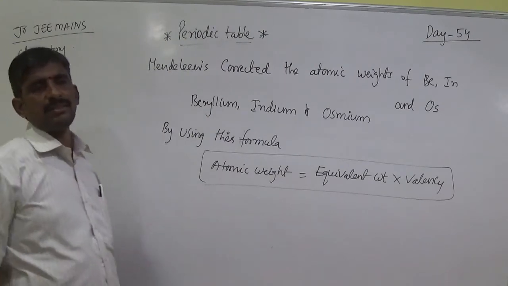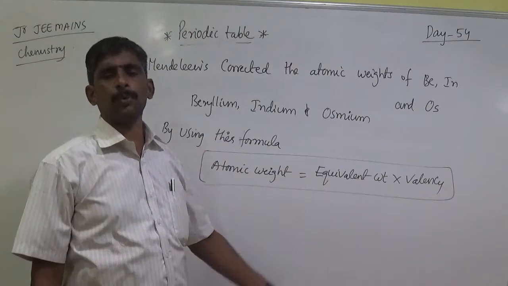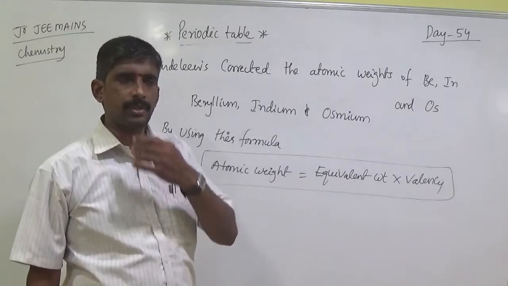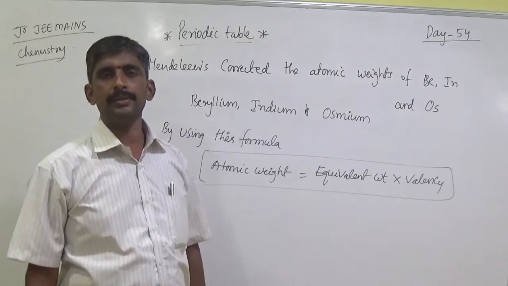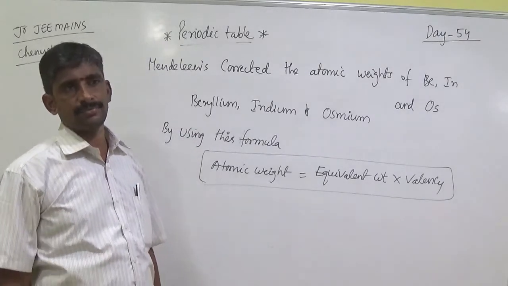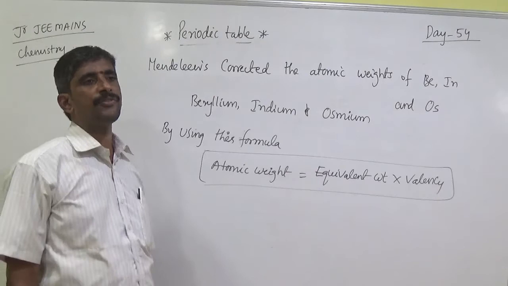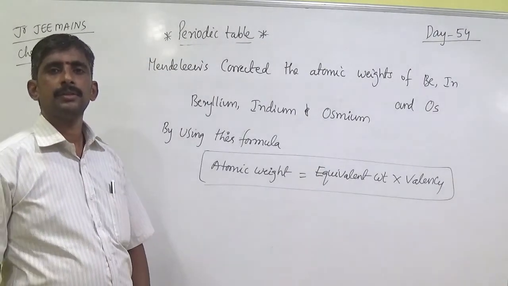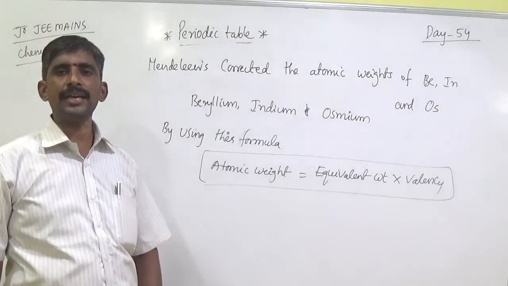So these are merits. He discovered all the physical and chemical properties of the elements, and physical and chemical properties of elements were successfully explained. But there are also demerits. Mendeleev observed inverted atomic weights, the anomalous pairs.